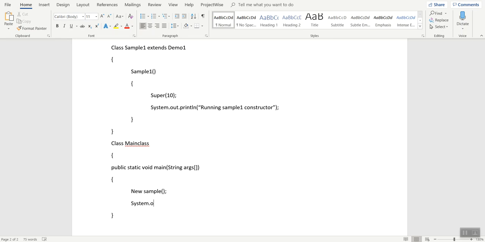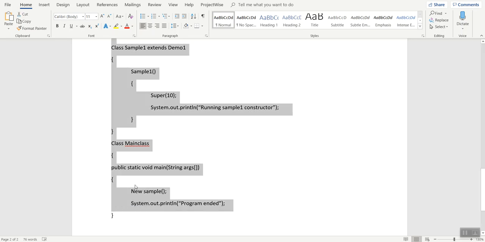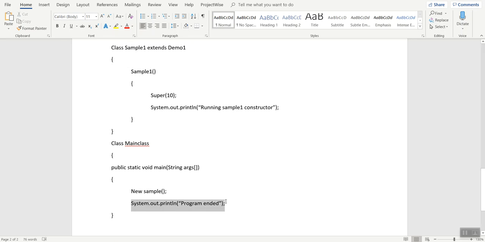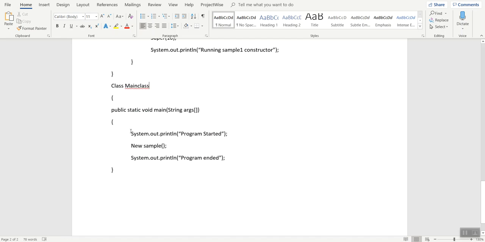System.out.println "program ended", and we'll take the same statement here, "program started". So now what it will do, when we run our program, first it will go to, we will run